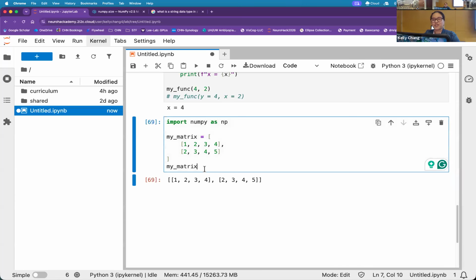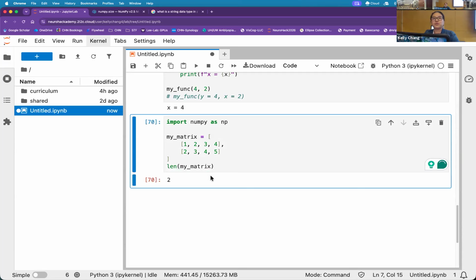And you might be saying, oh gosh, what if I want to query the length of this thing? Well, there's only two. What is that? Oh, that's how many lists are in my list. And that's, okay, your row count, sure, but that's not super informative. Usually with our matrices, especially our 2D matrices, we want the row and column. So how do we get that?